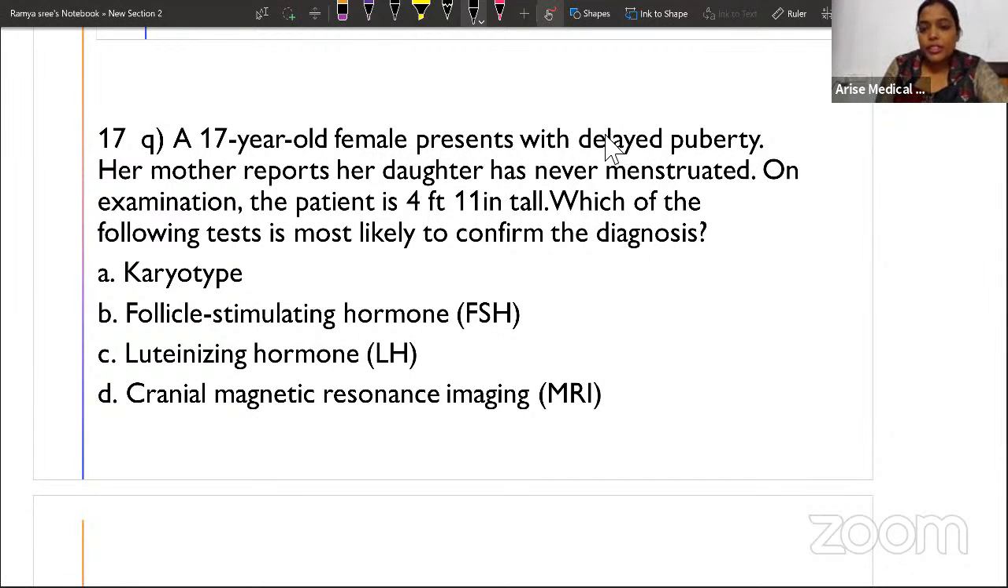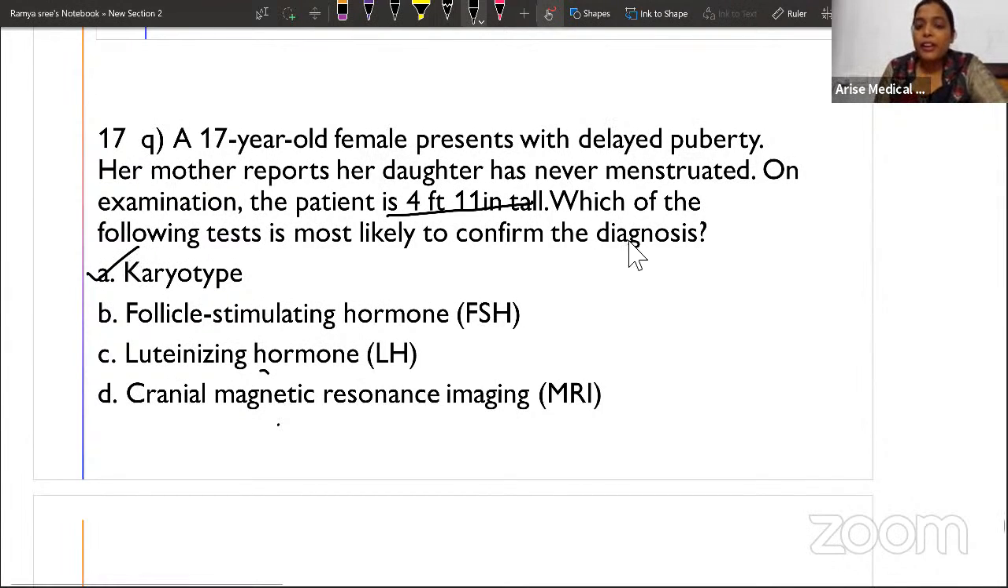So, she's a case of primary delayed puberty, 4 feet 11 inches, meaning height is normal. Which of the following tests is most likely to confirm the diagnosis? Karyotype, FSH, LH, MRI. In any case of primary amenorrhea, what is the investigation which helps you go towards the appropriate disease? Excellent, Akansha. So karyotype is the best investigation where we can understand which type of amenorrhea we are